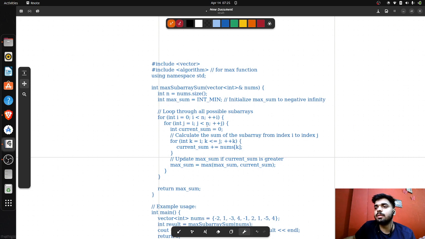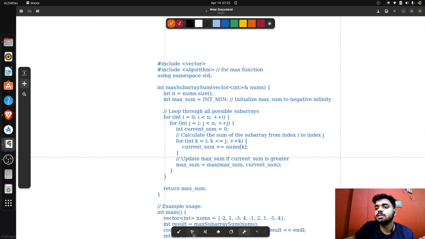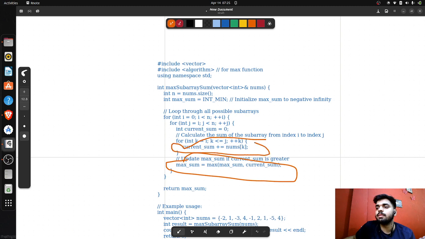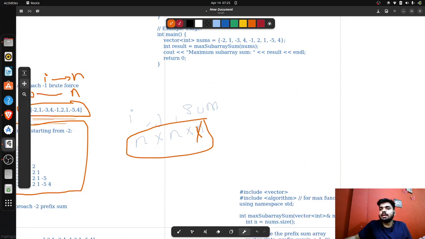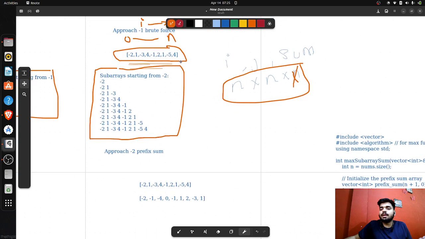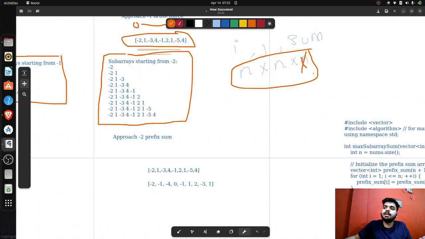So here we are able to find the maximum sum, and using the maximum function, here we are finding the maximum sum. Here we are updating the sum, so here we are getting the sum of the array we are choosing from index i to j, and then we'll be returning it. Okay, now the second form is that, as we discussed, we will be eliminating this O(n)